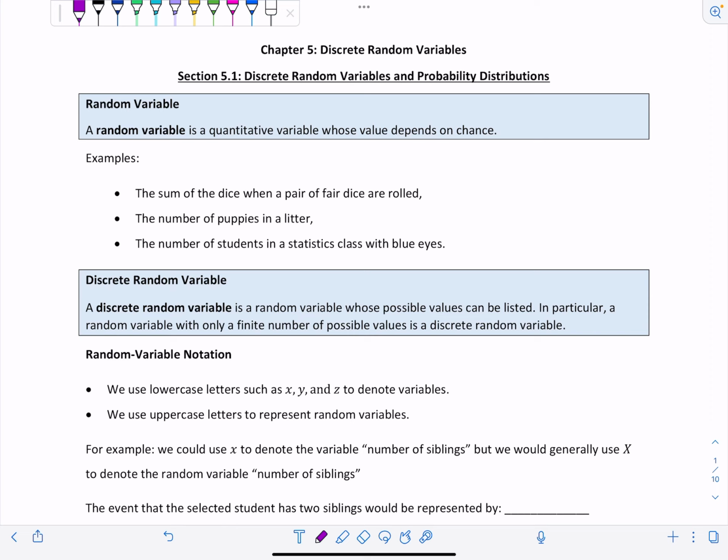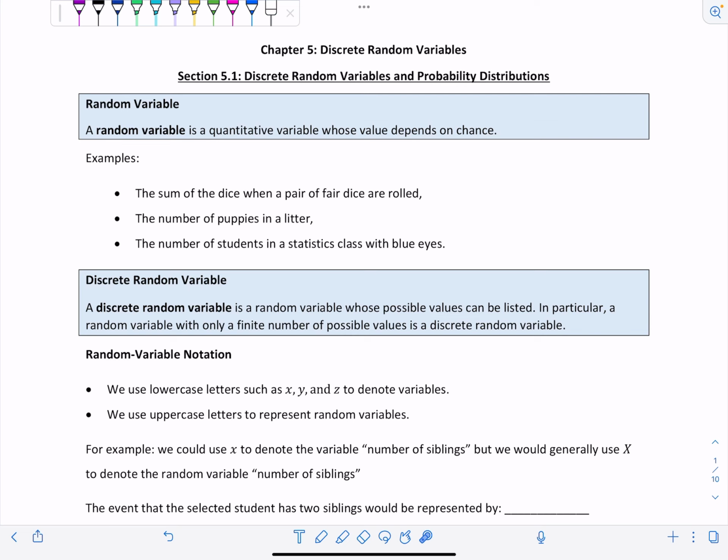In 5.1, we're going to start talking about discrete random variables and probability distributions. So what's a random variable? A random variable is a quantitative variable whose value depends on chance. So remember, quantitative variable means that it has a numerical value, and the value of this variable depends on chance,